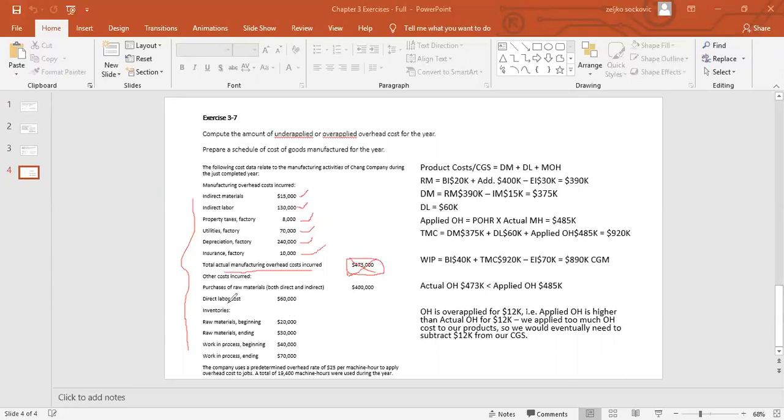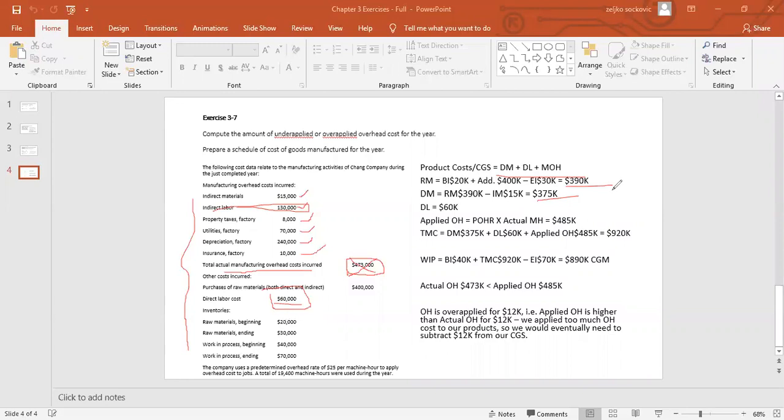So, and then we have some direct labor, and as you can see, there's some indirect labor here, 130, direct labor of 60. So those are the things to pay attention to. But the procedure is the same. So we go through raw materials, purchases, beginning. We end up with